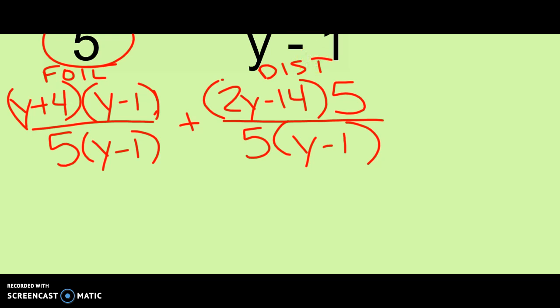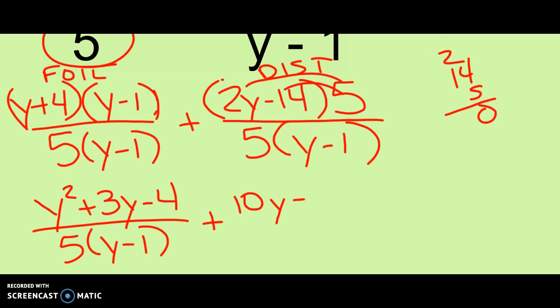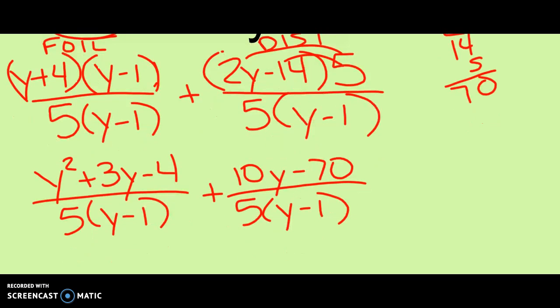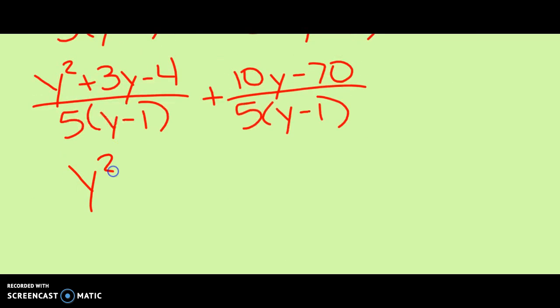All right, so I've got y squared, and that's going to end up being a 3y. Trust me on this, and you probably want to go back and do this. Don't go ahead and distribute this, just leave it alone. And then this is going to be distributed, so it's going to be 10y minus whatever 14 times 5 is. I don't even know that off the top of my head. All right, that's going to be 70. Is that 70? Yeah, 70. All right, 5 times y minus 1. All right, now you have to combine your like terms. Okay, so we've got to go and do that real quick. I'm probably going to run out of time, so